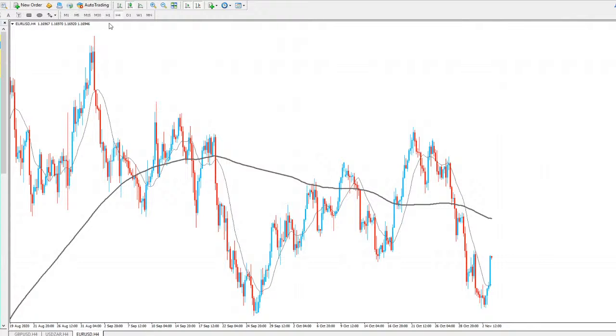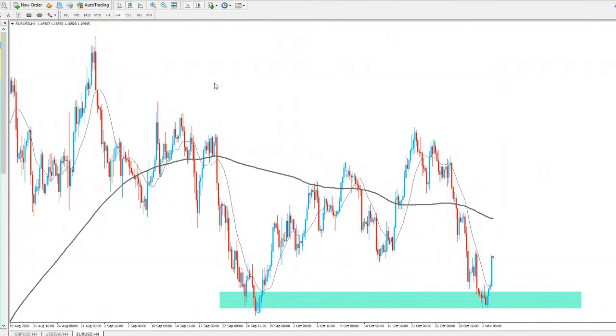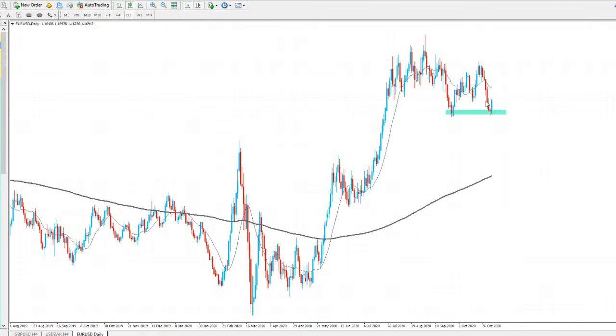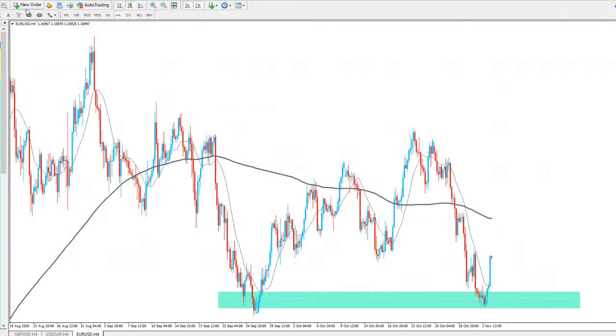USDJPY, similar thing. You see a push to the upside, not as big as AUDUSD, but still a big push to the upside. And again, you can see support there in the market. You can see it a little bit better on the daily time frame, coming for another test of that same area. Again, we could potentially see price continue, but we are at some resistance as we speak right now.